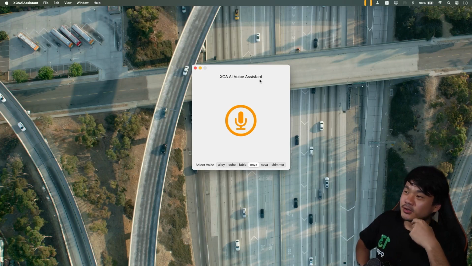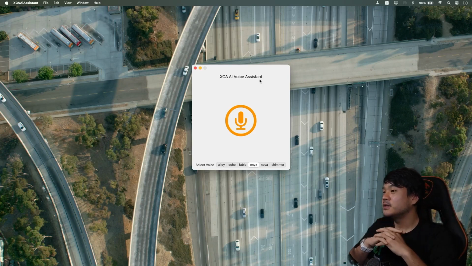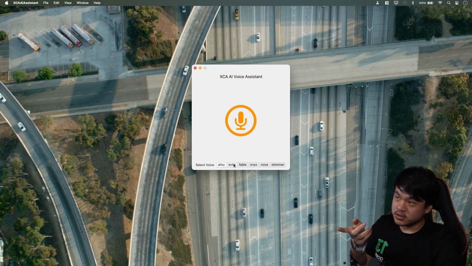So that concludes our tutorial. We have built the front end SwiftUI app for the AI voice assistant. For our backend, we utilize the OpenAI API for the GPT-4 large language model, Whisper API to convert the audio speech to text, and also the new TTS API to convert the text to speech. And we can also customize the voice that will be generated.